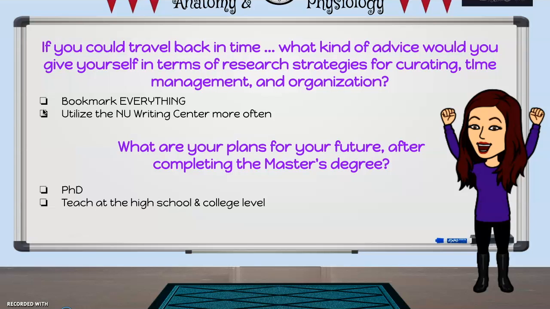So in regards to if I could travel back in time, what kind of advice would I give myself in terms of research strategies for curating time management and organization? One of the things I would do is bookmark everything. I found myself going back to my bibliography or my literature review and highlighting the links and reinserting them instead of just bookmarking it and then having it as a tab or a favorite and then just clicking on it